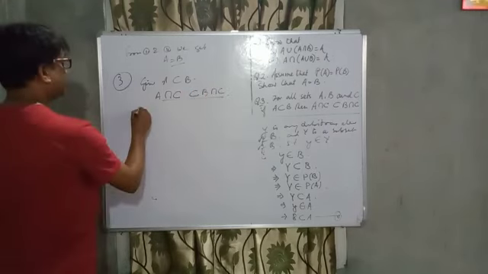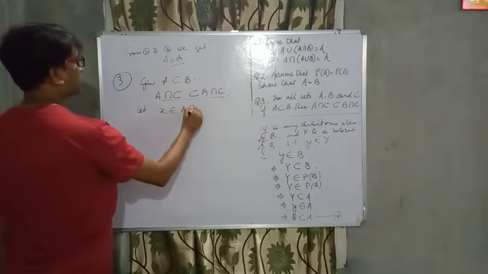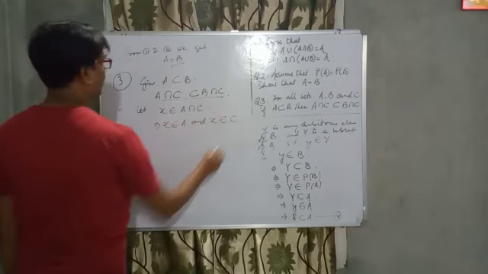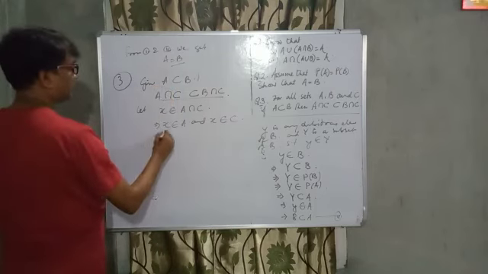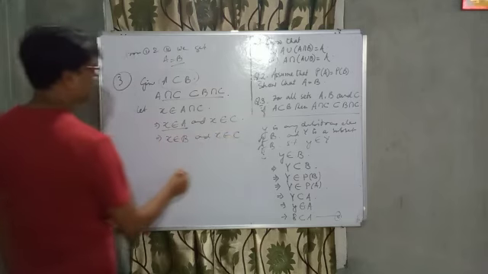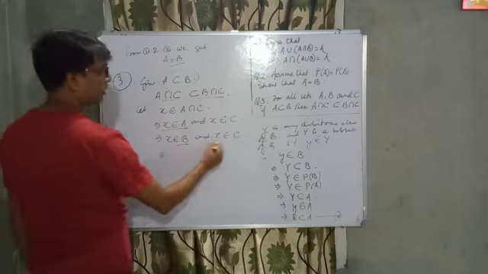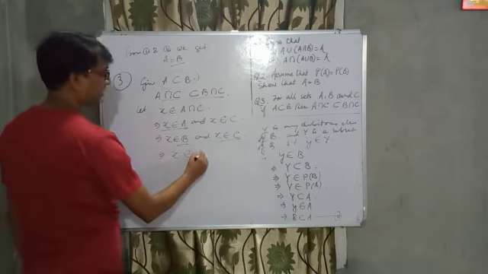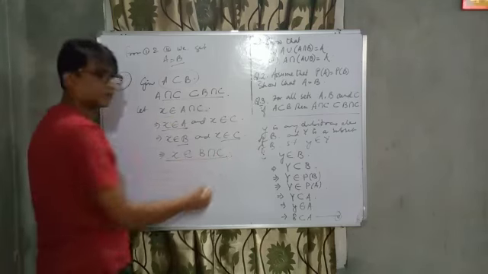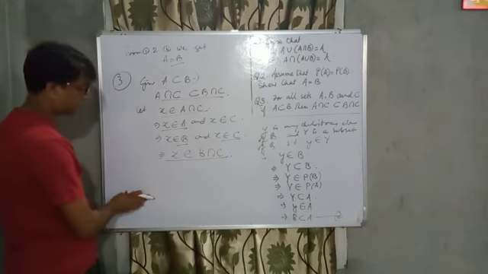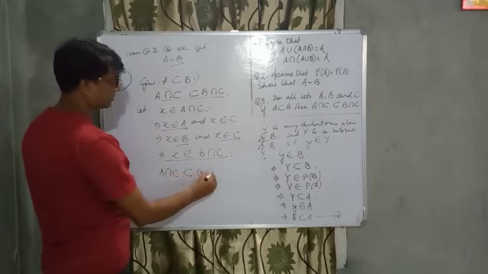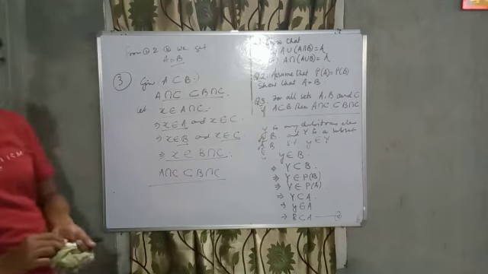Okay. Let x belongs to A intersection C. That means x belongs to A and x belongs to C. Here A is subset of B. x belongs to A means what? x belongs to B also, and x belongs to C. It implies what? x belongs to B and x belongs to C. That means x belongs to B intersection C. So we assume that x belongs to A intersection C and we are getting x belongs to B intersection C. So with the help of the property of subset, A intersection C is a subset of B intersection C. So this way we have to solve the problem.